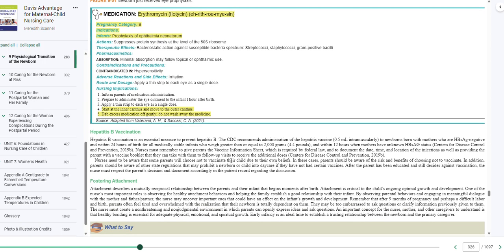Hepatitis B vaccine. It's important for you to know that the vaccine is given to newborns within 24 hours of birth for medically stable infants that weigh at least 2,000 grams. Okay, so they've got to weigh at least 2,000 grams. Okay,